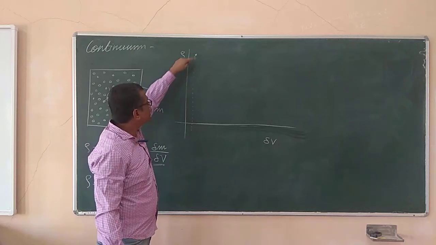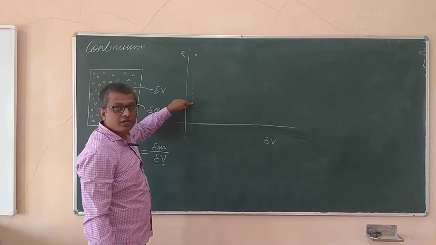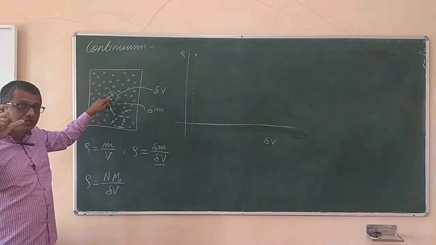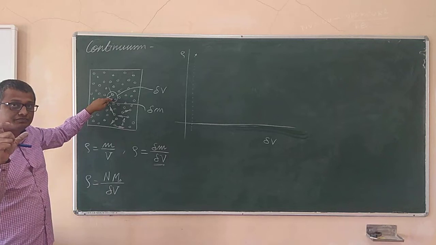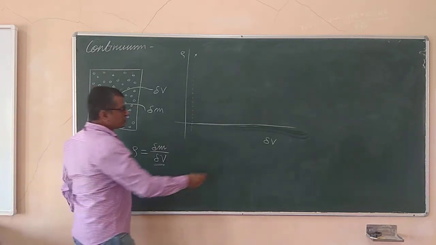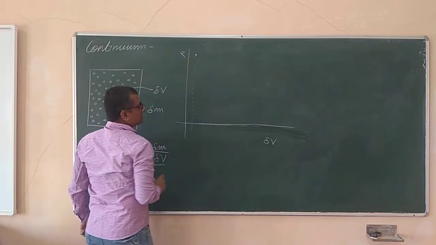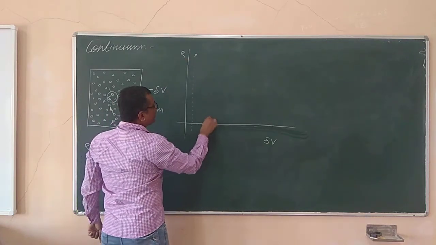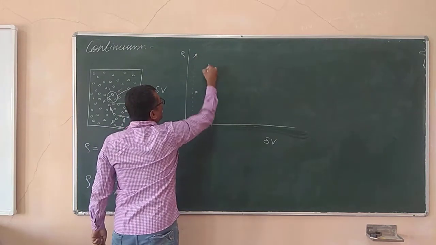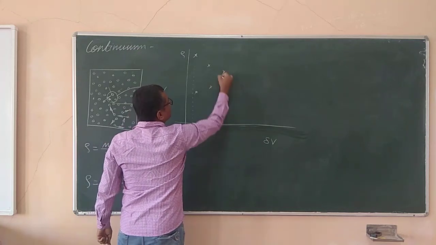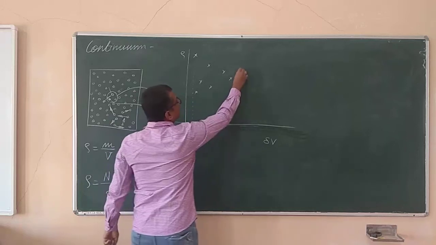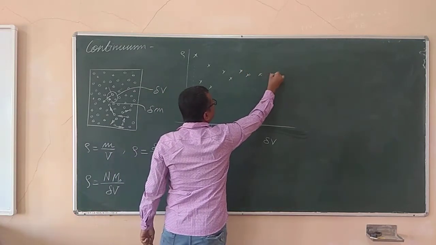At one instant it may be this much, at the next instant it may be this much. I told you how this happens. This is due to the movement of the molecules inside that region. So at one moment, at a very small value of delta V, the density is found to be this much. If I go for a little increment in delta V, you will get densities having these values. A wide variation, say somewhere over here, the next volume again here, the next one over here, here, here, and here.